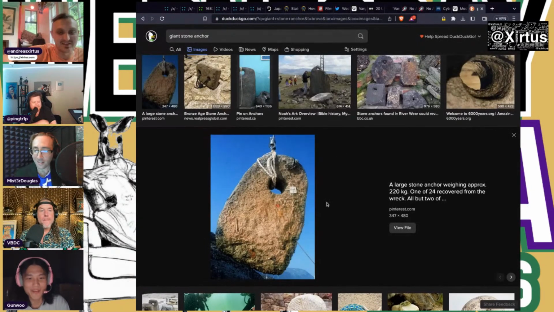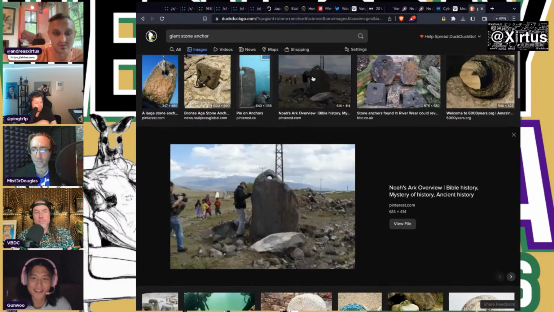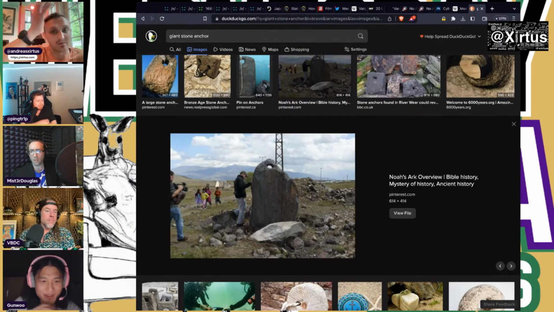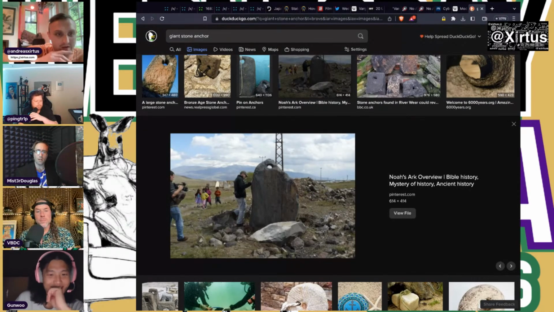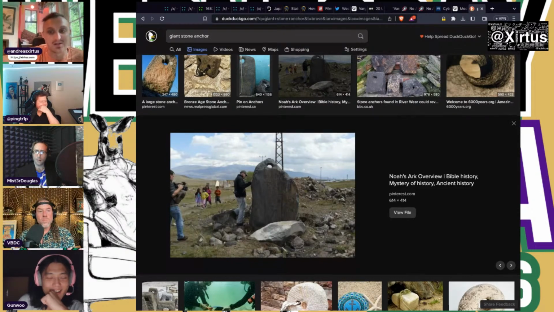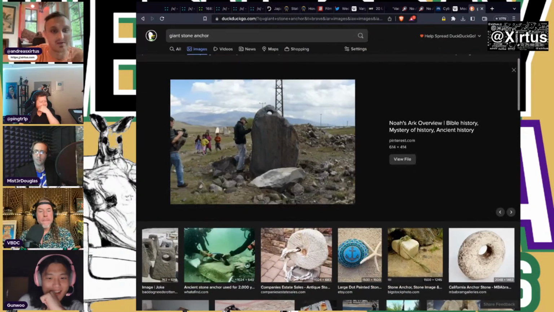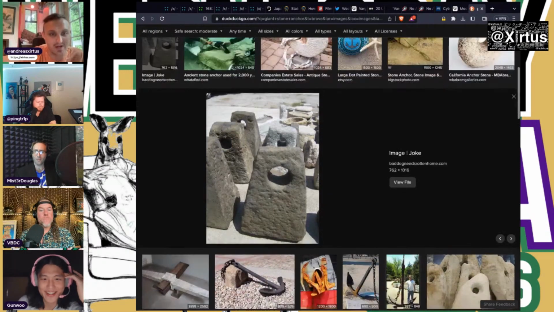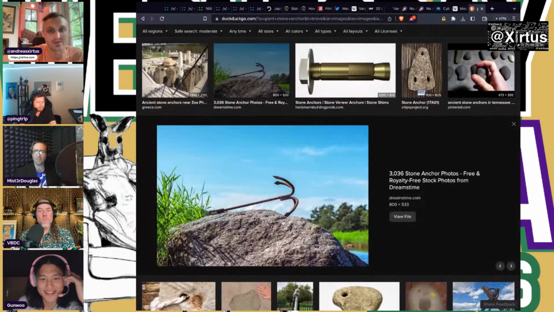Yes. This is a stone anchor, and there's tons of these giant stone anchors. There's some they equate with biblical history. Oh wow! They have them in Florida, right? So they find them in Turkey, right around Mount Ararat. And then they also find them in Florida. There's a couple of places around the world where these super giant stone anchors are. And they've tried to say, okay, well, maybe there was a shellfish that just ate through the rock,